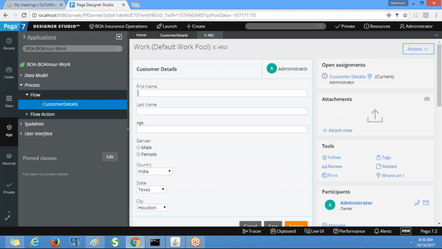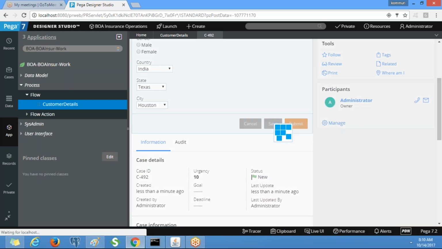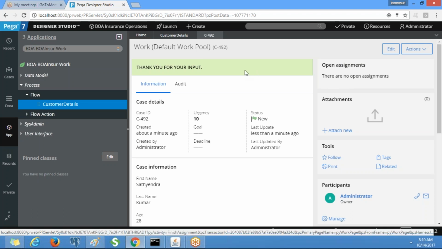So this is the user interface, and now the user can enter the data. Click on submit. So what is the work object ID here? CDAS 492. We have entered all these details, right? First name, last name, age, gender.